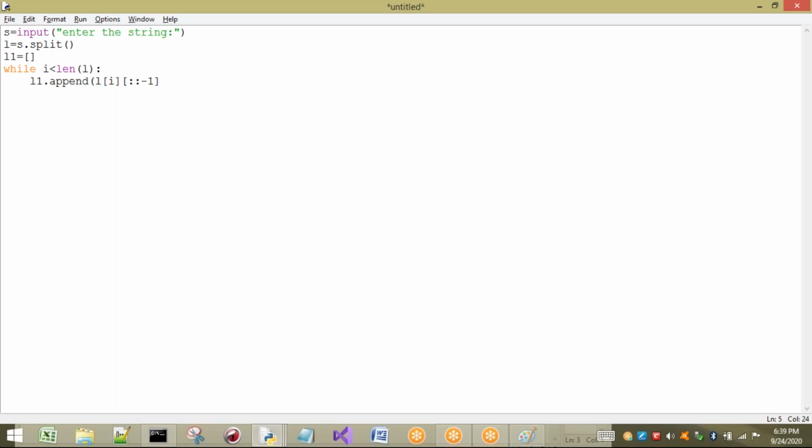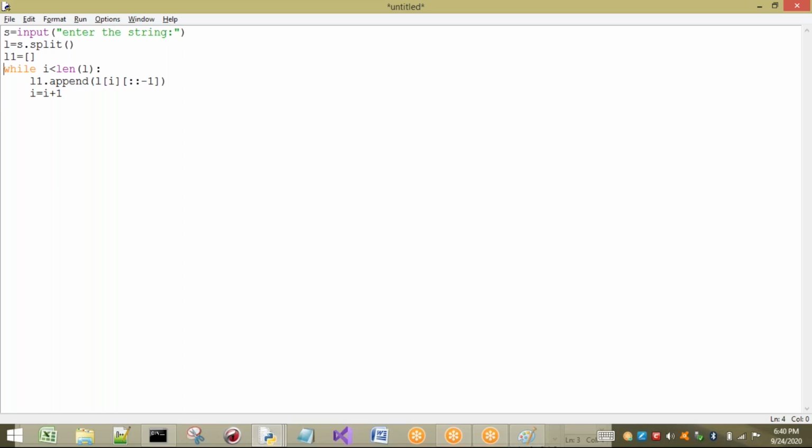So that is completed. I have appended. The first one, Shiva, is completed, it is reversed. Next for Rama, if I want to go to it, I have to increment the index. After incrementing, the loop is going to continue for all the elements inside that list. After that, I have to print the output. But before printing the output, the elements are present inside a list. So now what do I have to do?